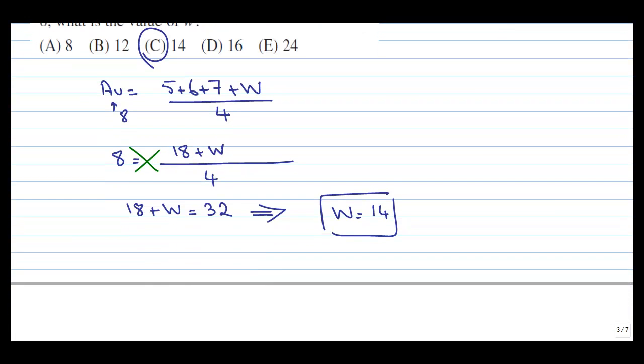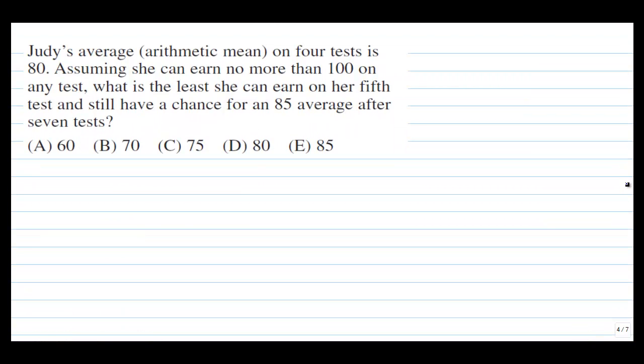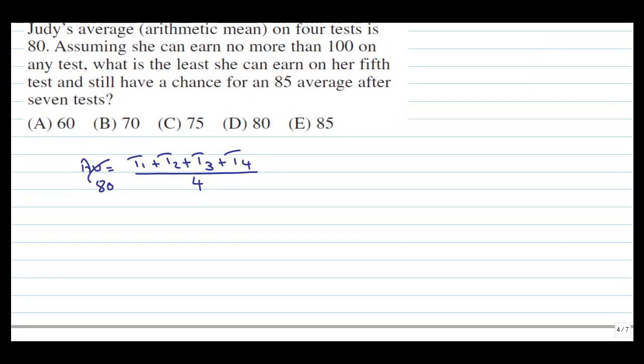Yes. Alright, so the second problem now. It says Judy's average, arithmetic mean, on 4 tests is 80. Alright, so Judy did 4 tests and her average is 80. So we're going to say the 4 tests are T1 plus T2 plus T3 plus T4, over 4. That would be the average of the 4 tests. The average here, as you can see, is given, which is 80. So if I cross multiply here,